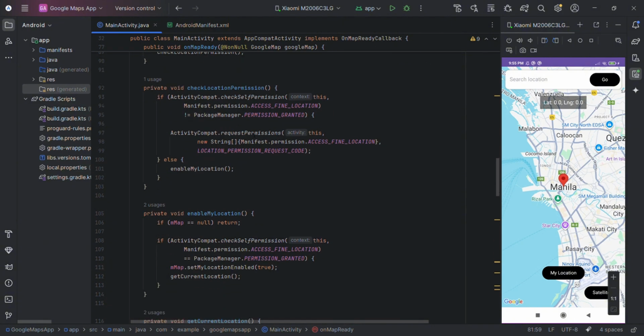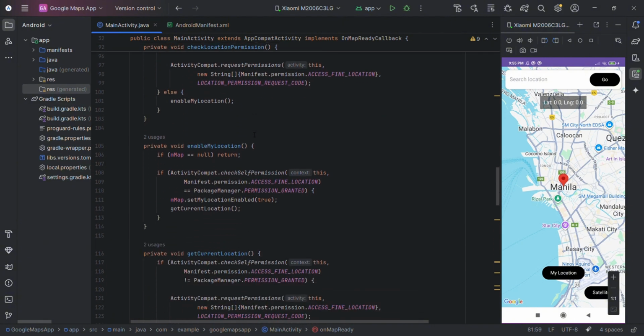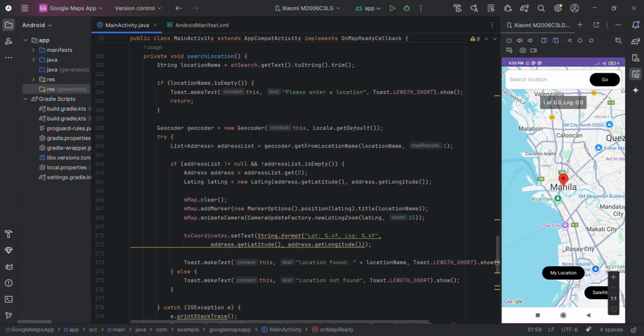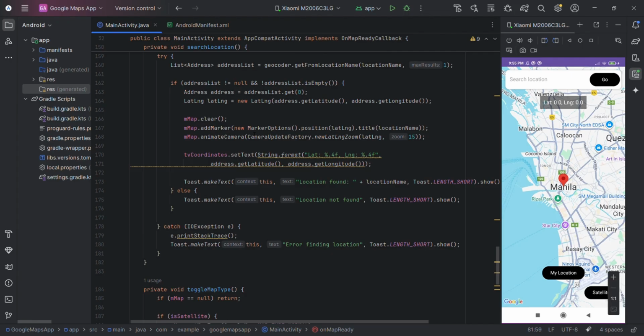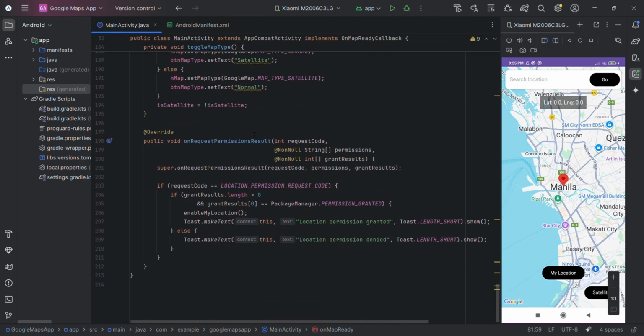The moveCamera and animateCamera functions let us focus on locations. If permission is denied, we show a message instead of crashing. And finally, enabling zoom controls makes navigation easy. Overall, this Google Maps app demonstrates how to work with location services responsibly and effectively.